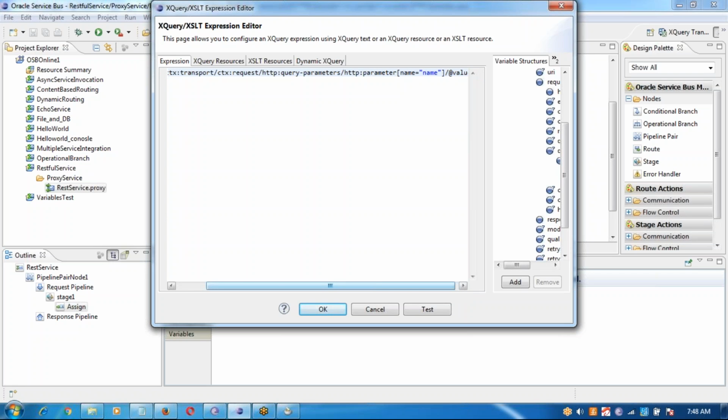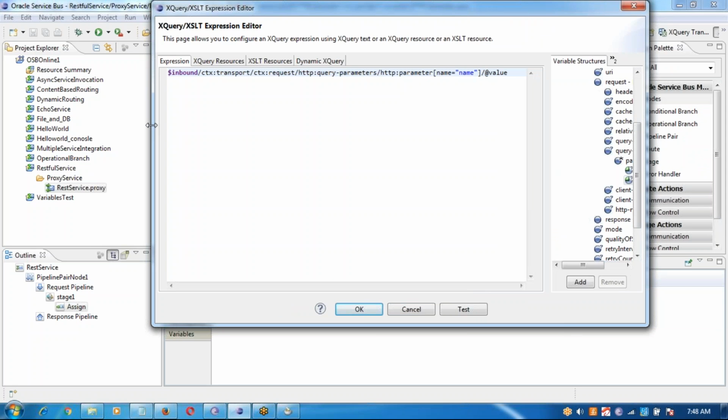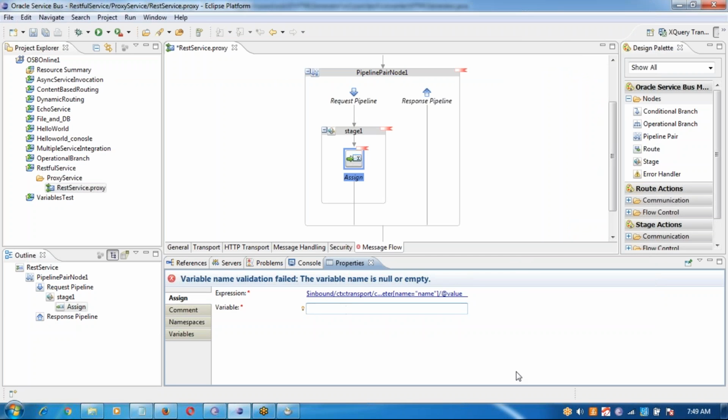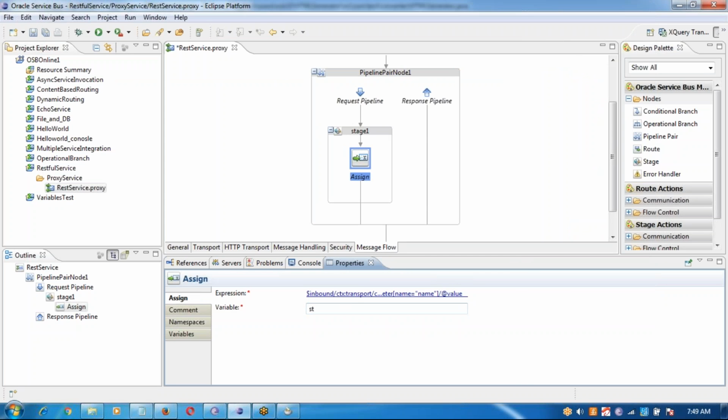Right, you understood this XPath, right? From my inbound variable, inside the transport we have a request, inside the request query parameters, and inside parameters you can get multiple parameters based on your parameter name as an attribute. So I'm just reading the value based on an attribute condition. Okay, this one I'm just assigning to str,